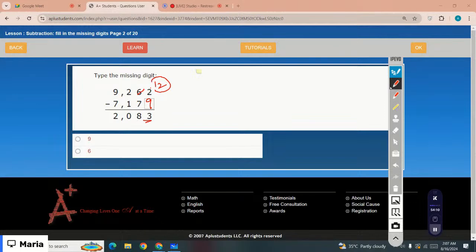Please do not guess the answers, right? Use your notebook and pencil, solve and then answer. The correct option is